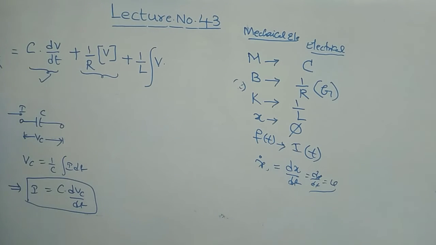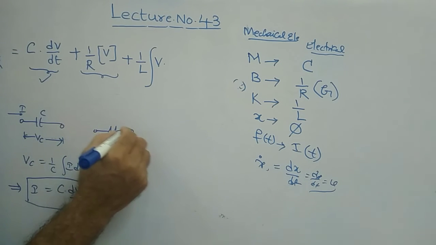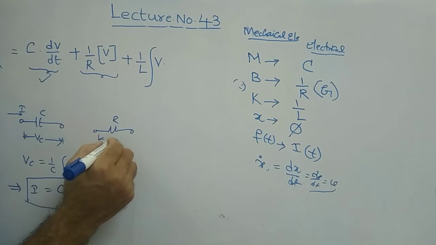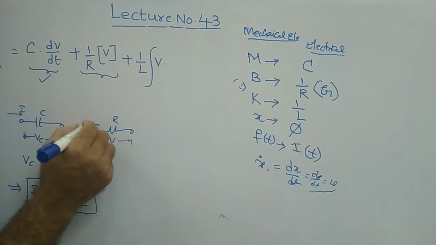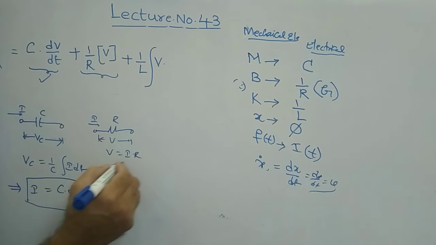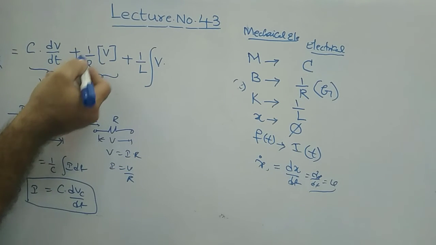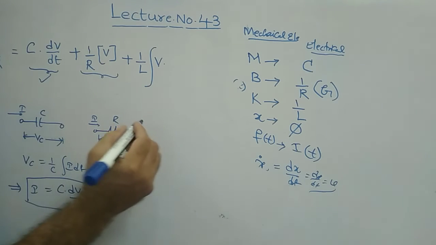That's what this is. And second is the R, resistance. So for resistance, this is R, this is the V across it. Let us say I is flowing through that. What is V? V is equal to IR as per Ohm's law. Therefore, I is equal to V by R. That's what it is, no? Similarly, if you consider the inductance